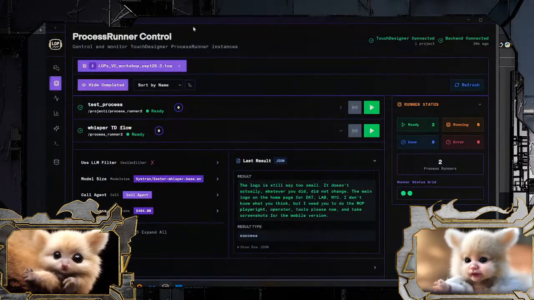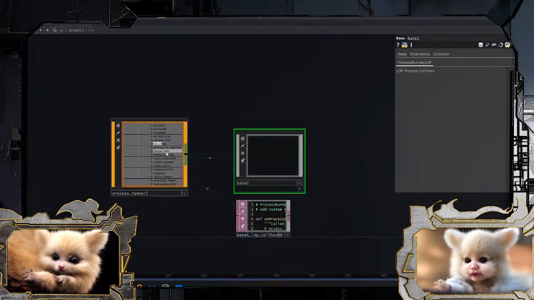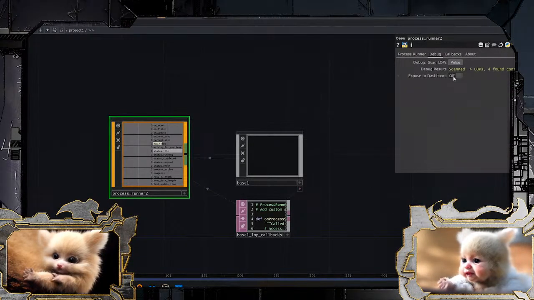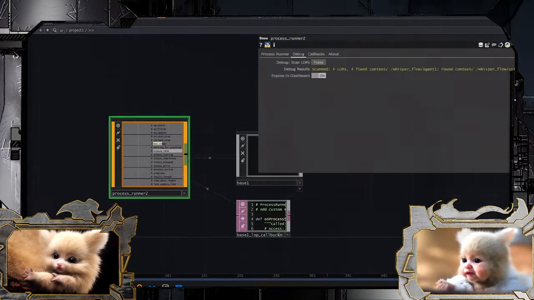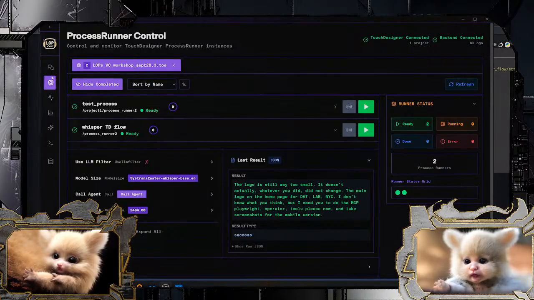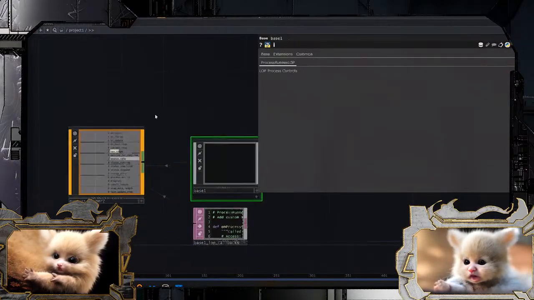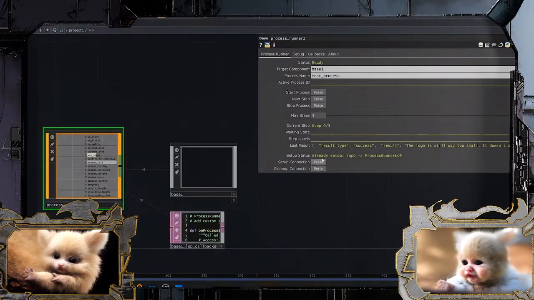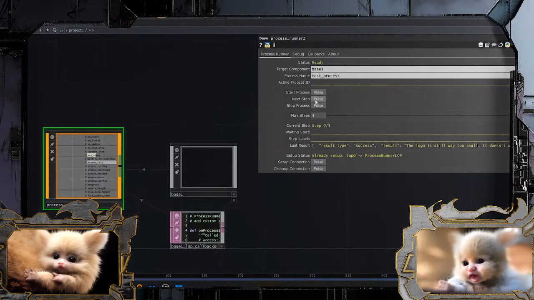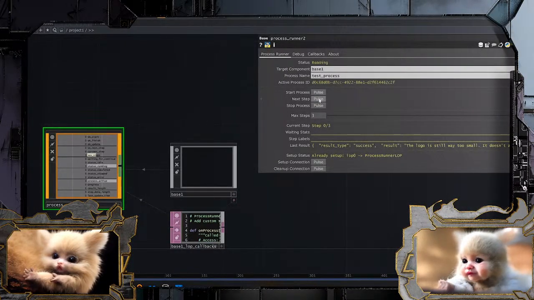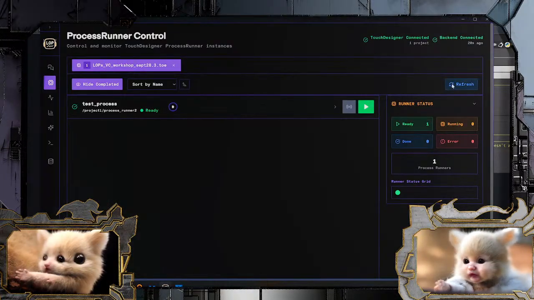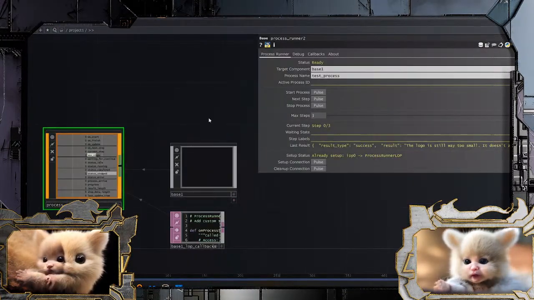If I go into this, let's see. Is there an exposed to dashboard? Exposed to dashboard, please. Already set up. Start process. Next process. Stop. I just want it to show up on here. It's not showing up.